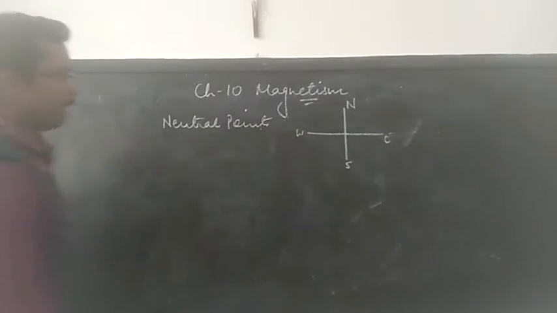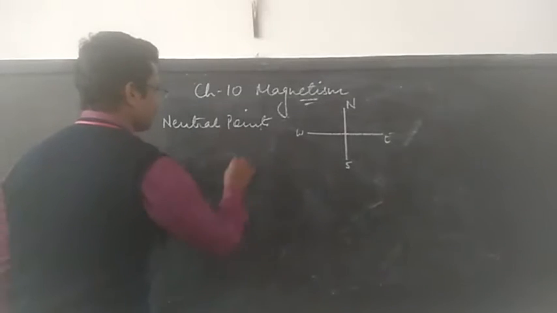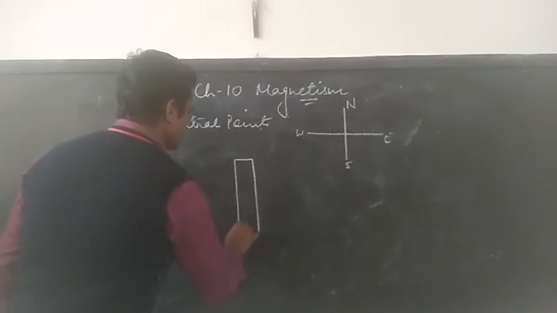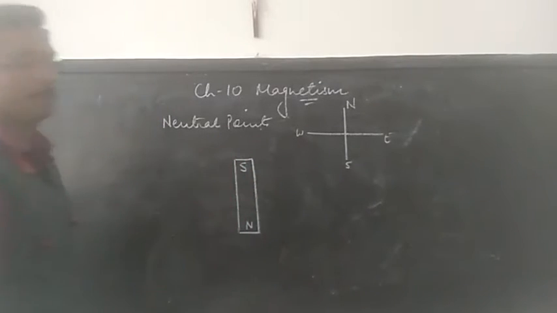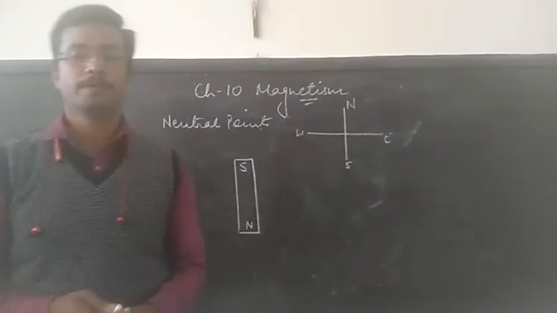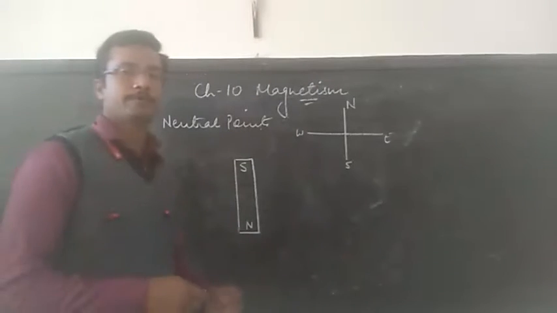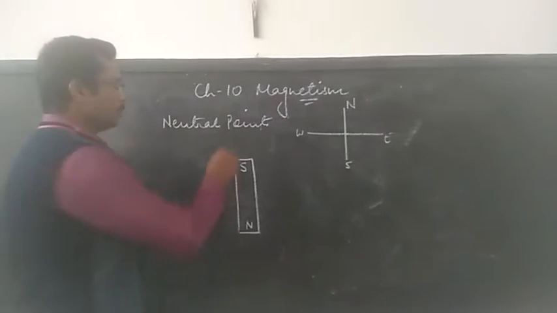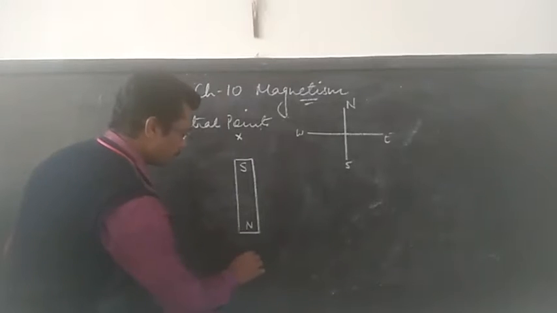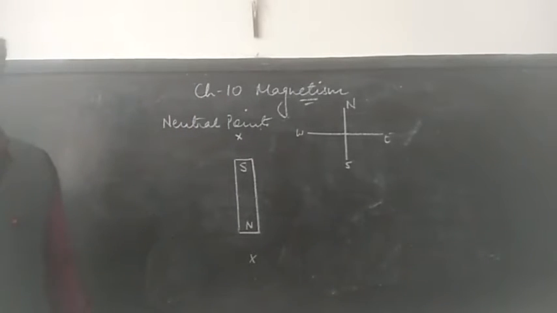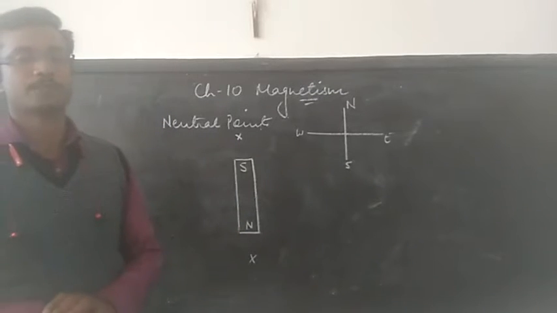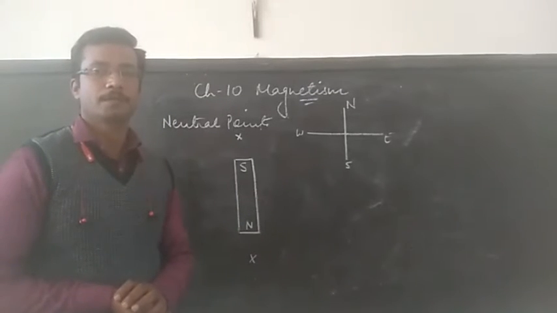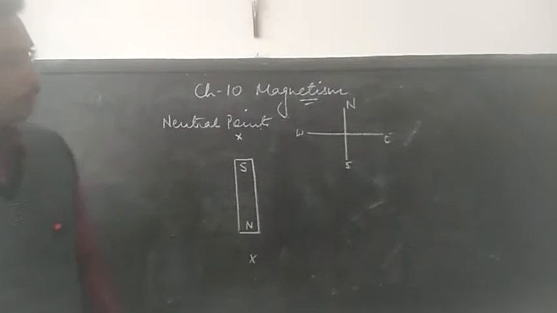But when we keep the magnet where the south pole is facing the north pole, say in this case, we have this as the magnet where the south pole is facing the north pole. In this case, the neutral points will be on either side of the poles. That is, one neutral point will be here, the other neutral point will be below the north pole. And again, these two neutral points will be at equal distance from the magnet. So let us see some important facts about the neutral points.